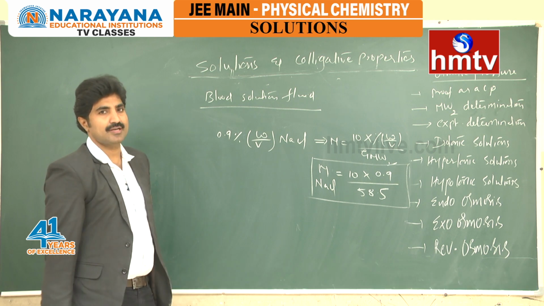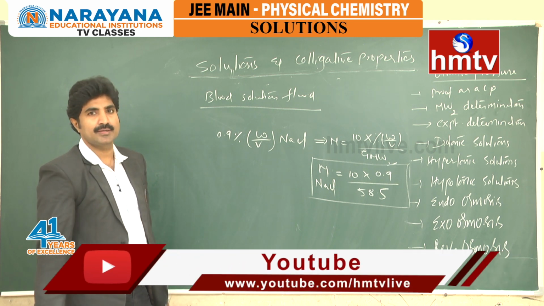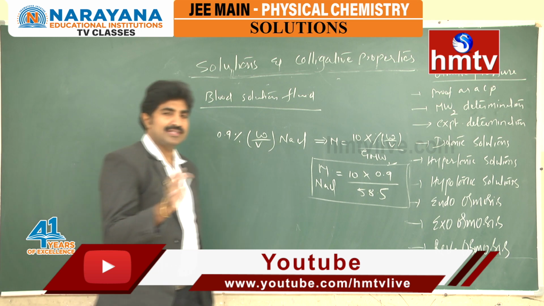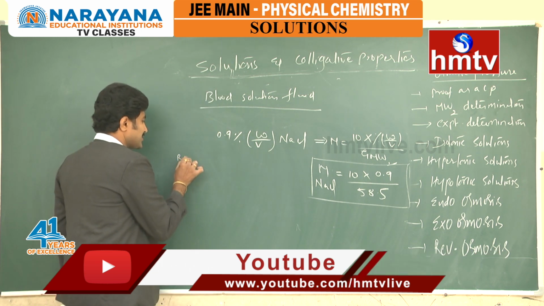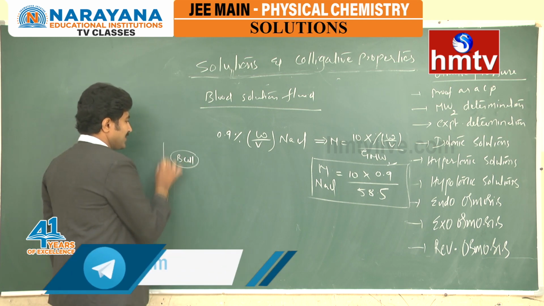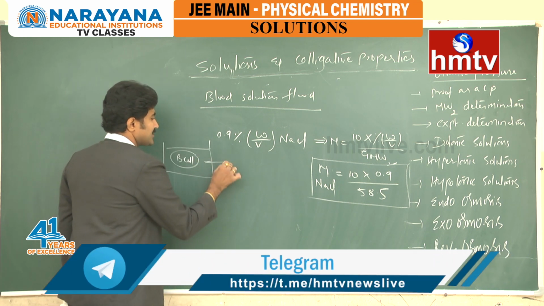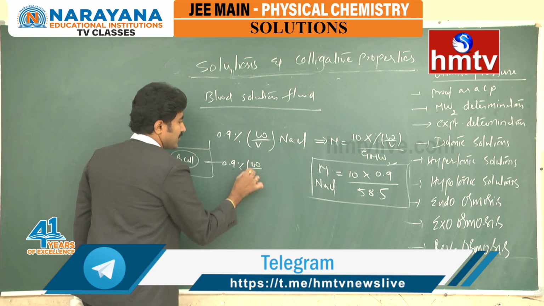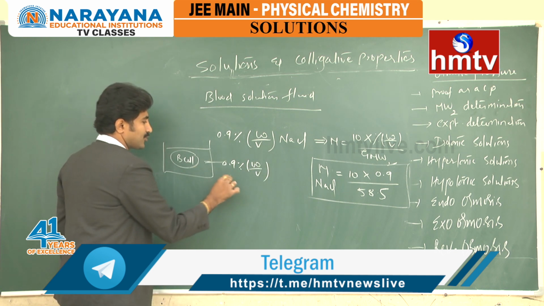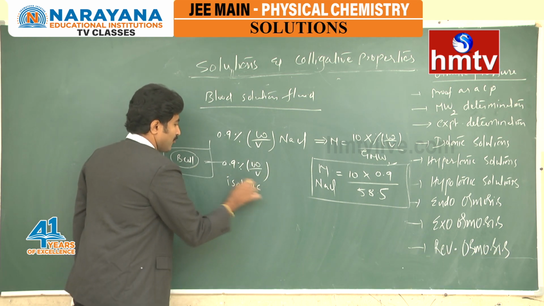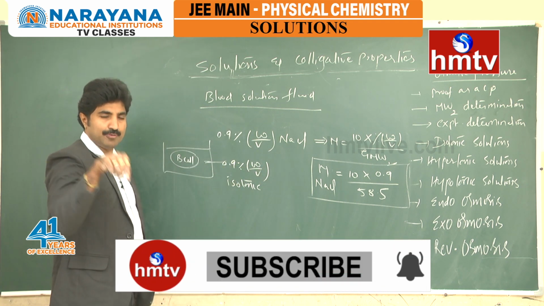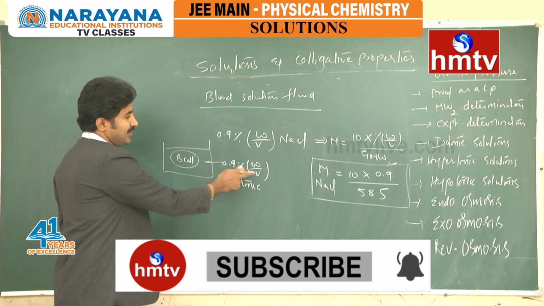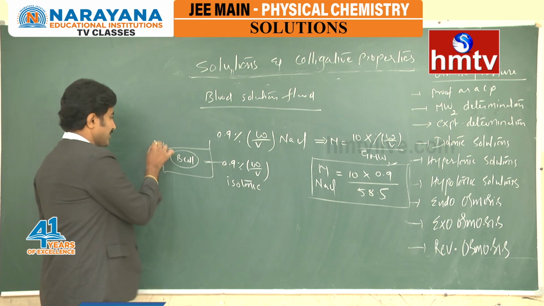Based on this concentration, we can understand the inside and outside solution comparison. Suppose this is a blood cell which is placed in this 0.9% weight by volume solution. Now these are isotonic solutions. Why? Because the blood cell internally has this concentration only. When you place it in the same concentration, those are isotonic.